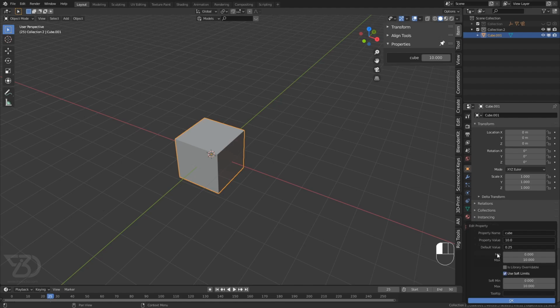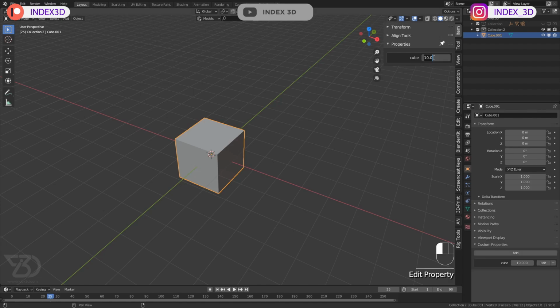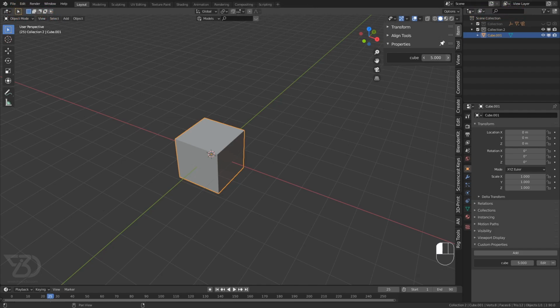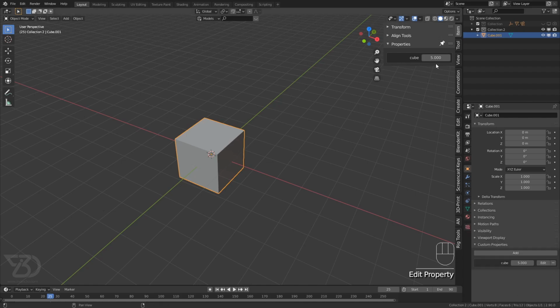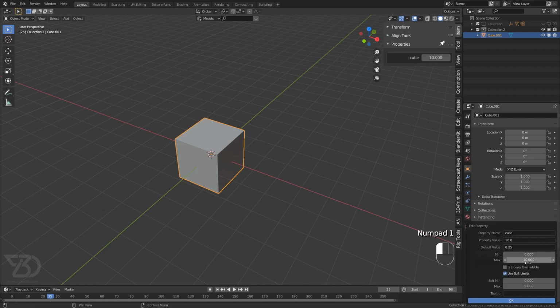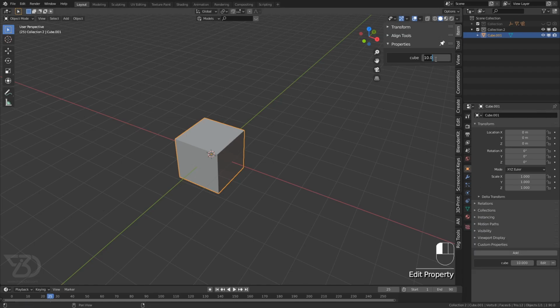Let's set this value. This value is pretty similar, but this one is the maximum slider value, and this one is the maximum type value. So let's type 5 over here so I can explain it better. Now if I make it 0 and slide it, see, it will not go above 5 because we have set the soft value to 5. But we can still type a higher number than 5, where 10 is the maximum number. If you need a different value for the sliding function and for the typing function, then you can use this.